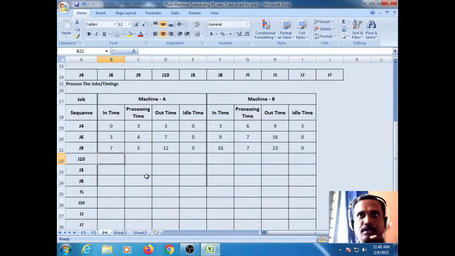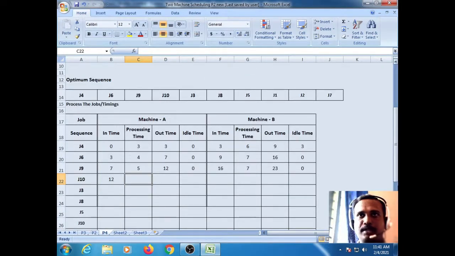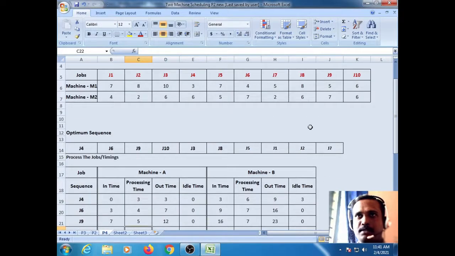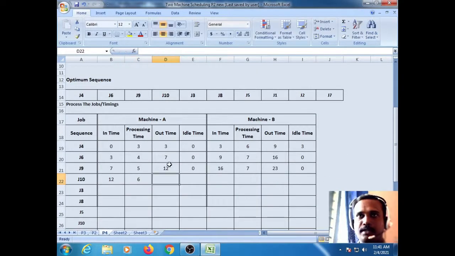So job 10. So job 10 here we have to take the in time 12. So the previous job out time is 12, the present job in time is 12. So this previous job out time we have to take for in time for the next job. So 12 we have to take. After 12th hour we can immediately start the next job because we have a job, so we can process. Okay, so 12th hour we can start the next job. So this is the job 10. So job 10 processing time 6 and 6. Okay, so here we have to take 6 and here we have to take 6, right?